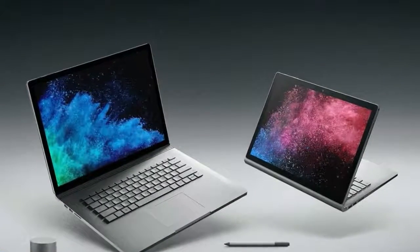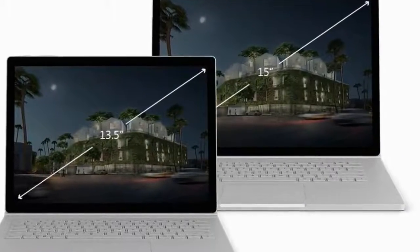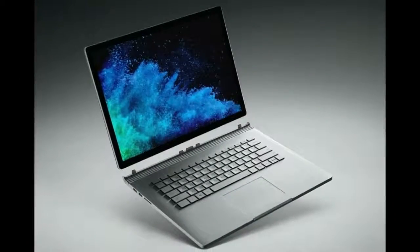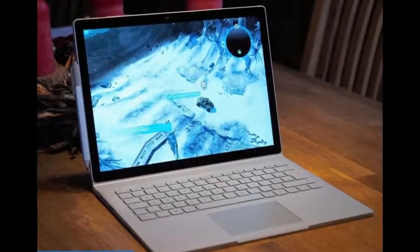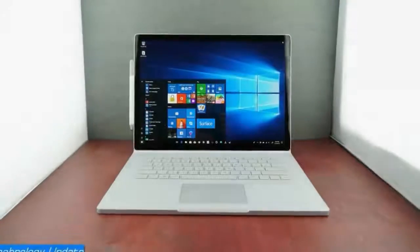And don't forget, the 13-inch version is now joined by a second model with a bigger, higher resolution 15-inch display, clearly designed to go head-to-head with Apple's category-defining 15-inch MacBook Pro. Long story short, there's a lot to unpack in Microsoft's new Surface Book 2, a computer that aims to satisfy many different audiences. The new models start at